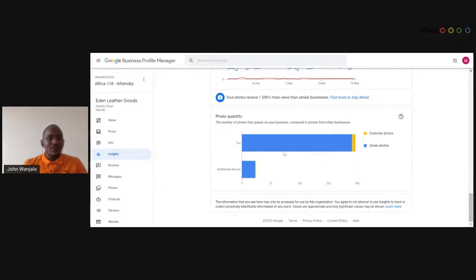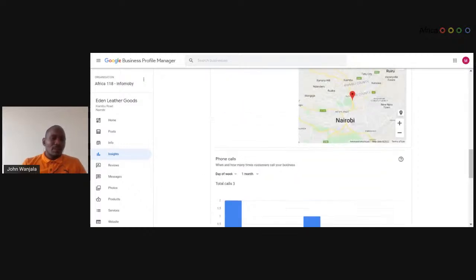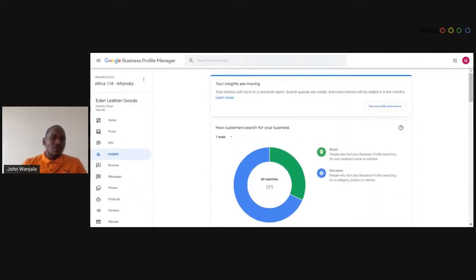Are you the only person who is putting up businesses, and businesses like you who are putting up businesses? So this is an insight measurement that Google tries to provide so that you can make proper marketing decisions. Guys, allow me to stop there for the sake of the insights,